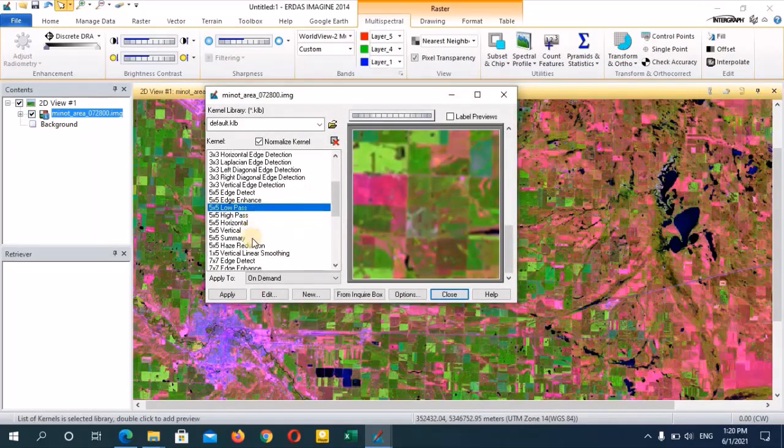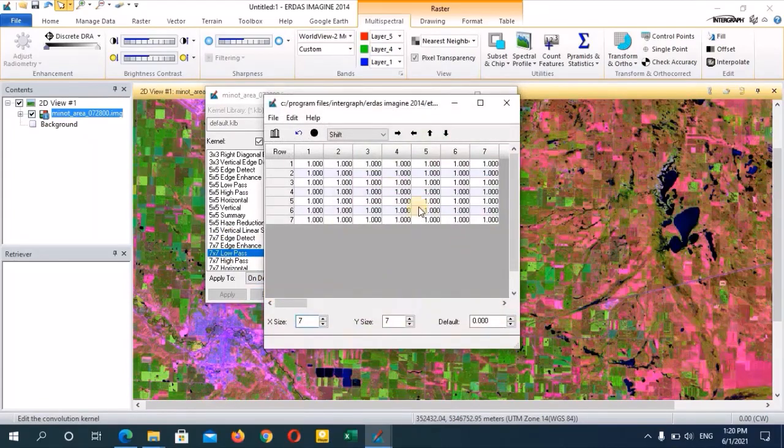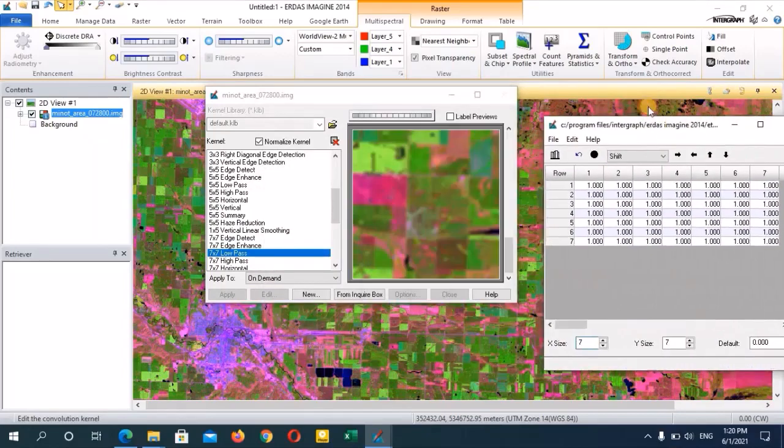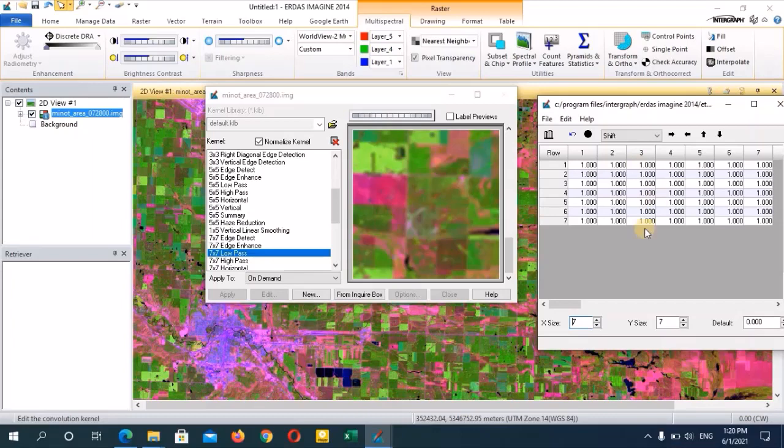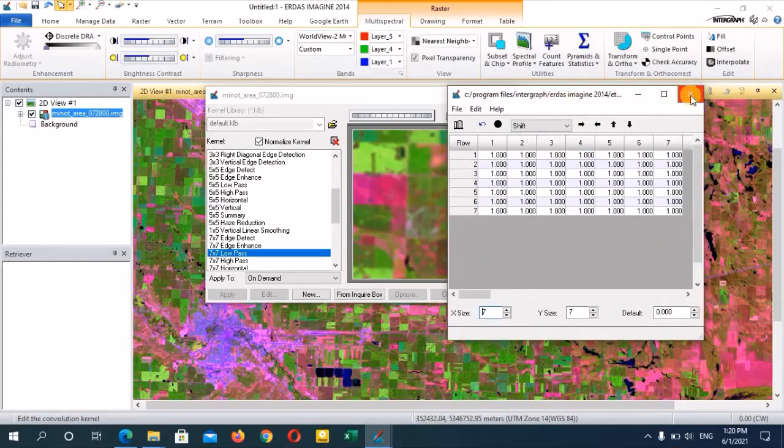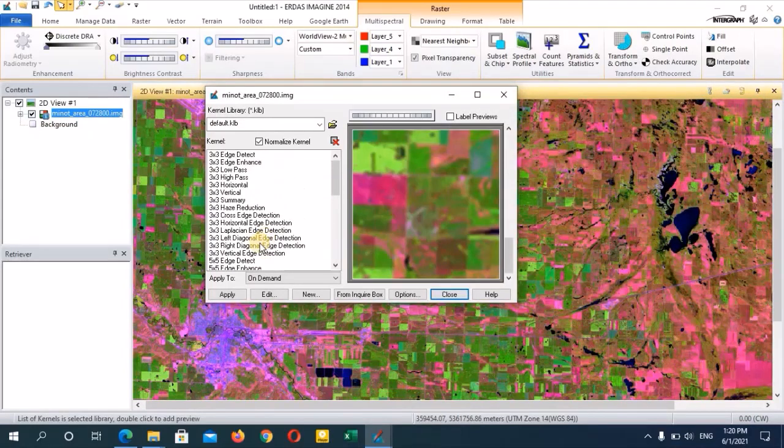And let's see the low pass 7 by 7 filter. So in low pass filter they are just like the smooth shape, so that's the reason why all these values are multiplied with these kernels in one, right? So if we move into another filter, let's say the high pass filter, 3 by 3,